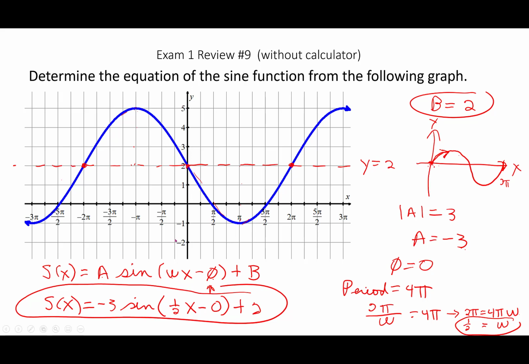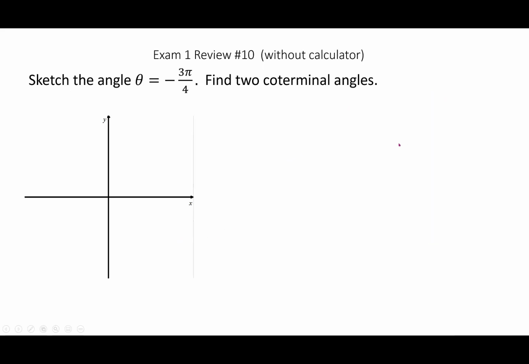Okay, moving on. Sketch the angle theta equals -3 pi fourths and find two coterminal angles. Okay, so for -3 pi fourths, we're going to start on the x-axis and we're going to go clockwise since this is negative. And we go around here to this angle,